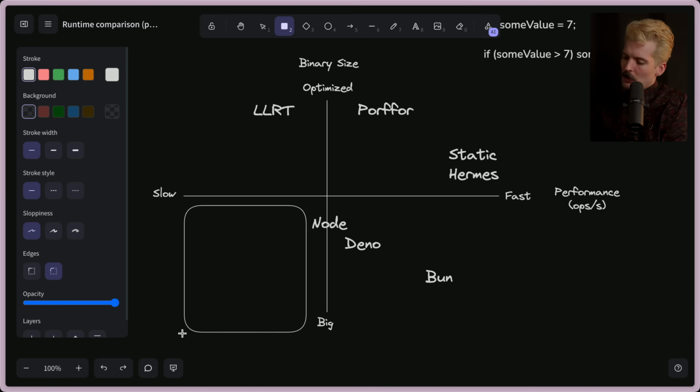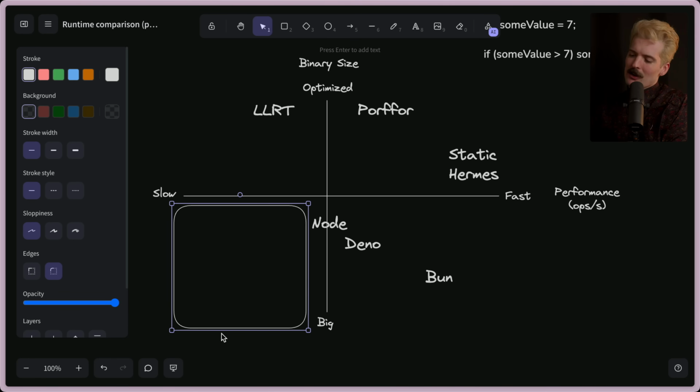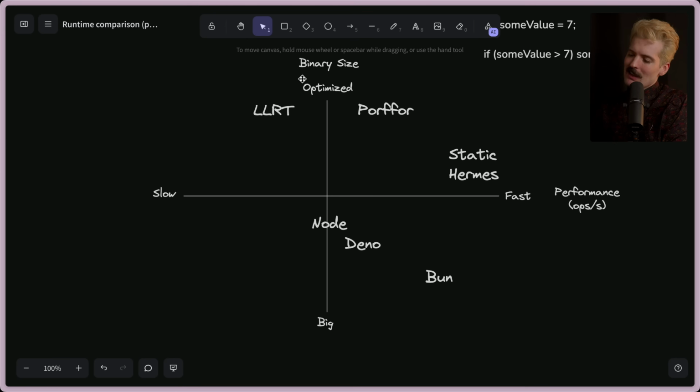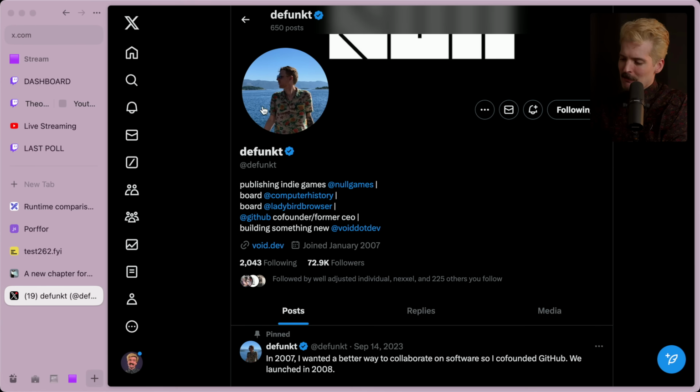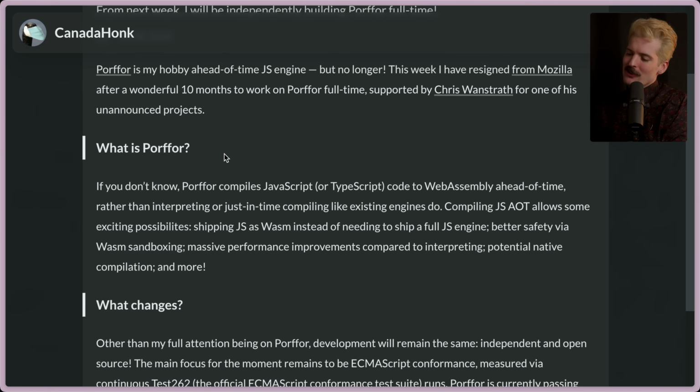Obviously, there's another giant hole here worth filling, but maybe not so worth filling the more you think about it. But seeing this opportunity and taking it is very exciting, and I'm pumped that they're getting funding from the original GitHub CEO in order to do it, especially since they have projects that they're actually planning on using it for in the future. So what actually is Porffor? Probably should have started with this, honestly.